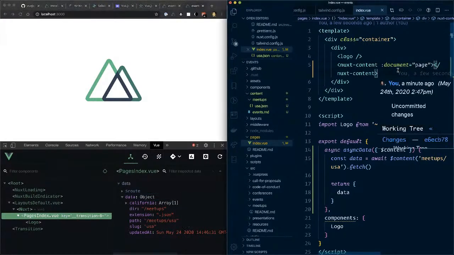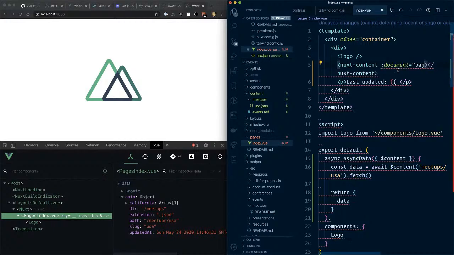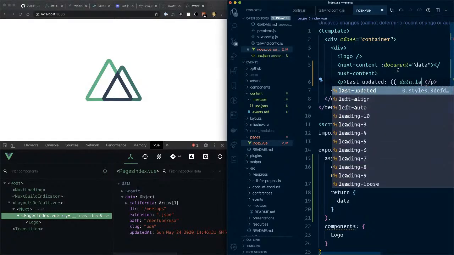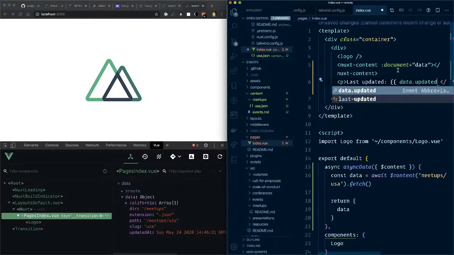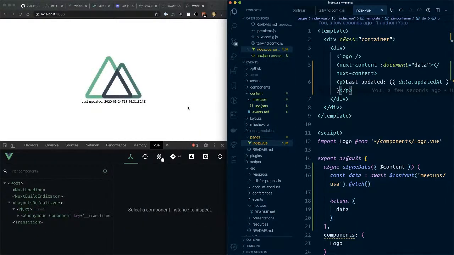So basically, what I'm saying here is that we can just go last updated, and instead of, this is technically, I don't think this will render, but I'm going to see what happens, see if it breaks anything. Then we can say data.lastUpdatedAt, that's fine. And I'm not a stickler for that. Okay, great. Oh, it is. Yeah, it's in the